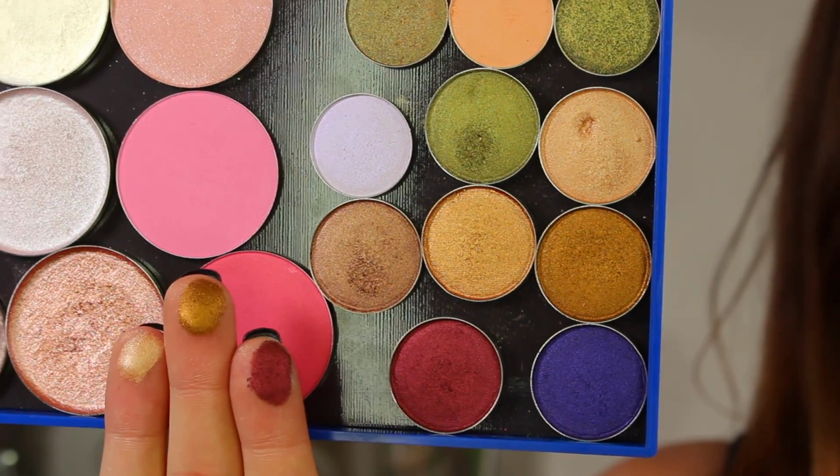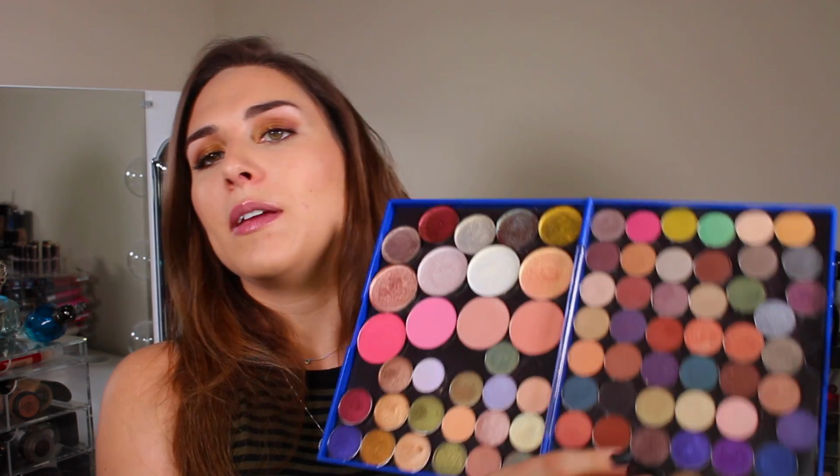in my outer corner. This was actually part of the American Horror Story Hotel collection that the brand came out with, which was one reason why I was even originally drawn to the brand, but then soon found out how incredibly pigmented, buttery smooth these shadows were. You also get a lot of product. These are bigger pans, and I'll link to the review, so I'm not re-reviewing it here. I have a 60-second review that I'll link down below. But basically you get a lot of product. The product is insanely good, and it happens to play into a show that I really love, with shades that are just beautiful. So yes, have been rediscovering those, but then naturally along the way have been getting more into